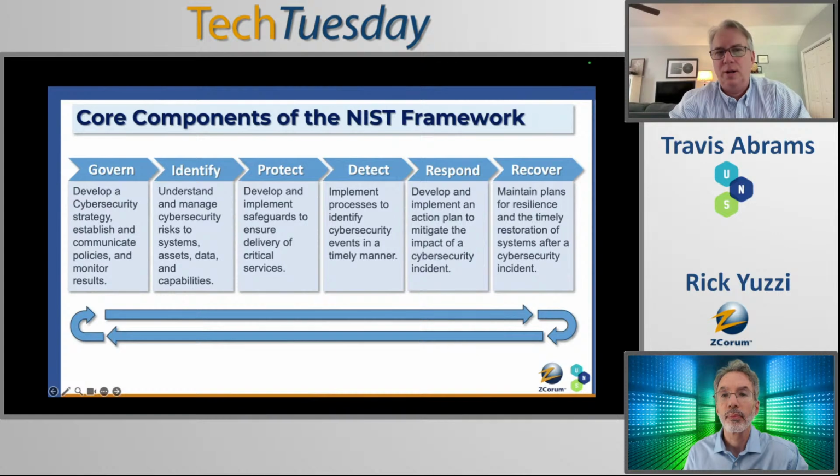The next phase is your identify. And with identify, you really need to understand what you have. So think about it as knowing what assets you have. How is your subscriber network configured? What are all the devices that make up that network? Where is your sensitive data stored? Do you have a full tracking asset list of all of your laptops, desktops, network equipment, all that information that you can reference when you need to?